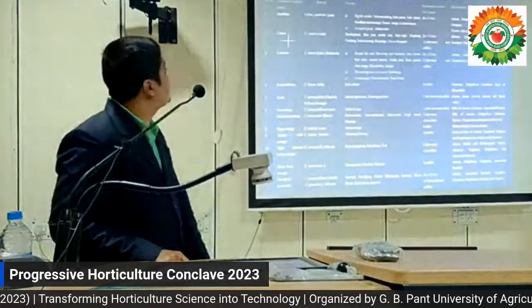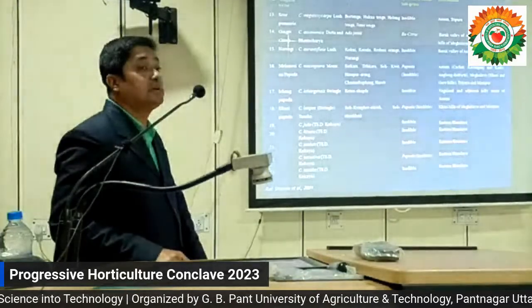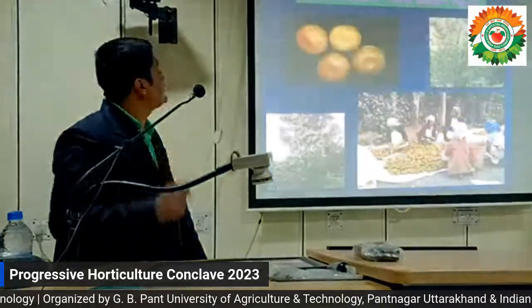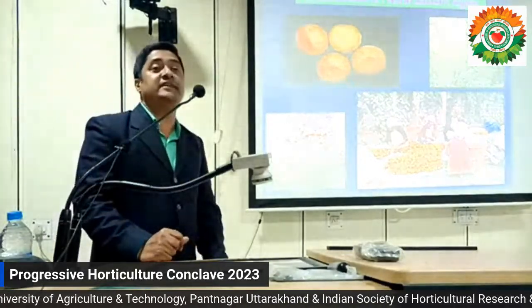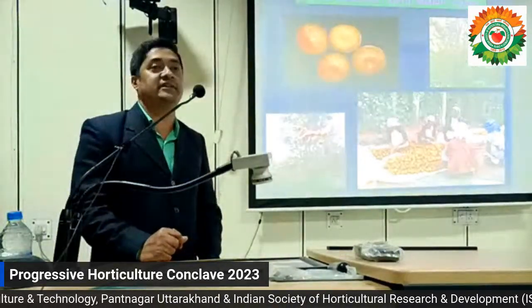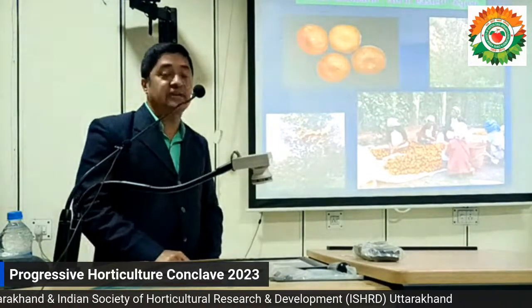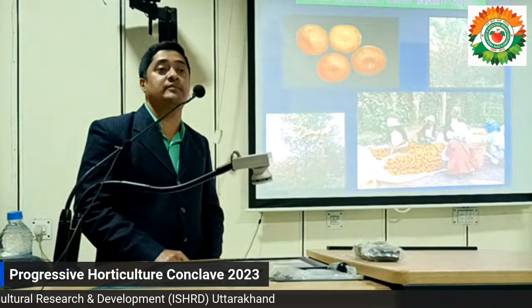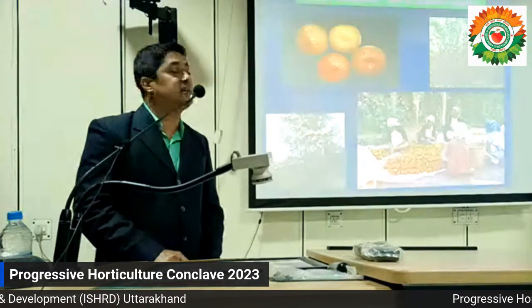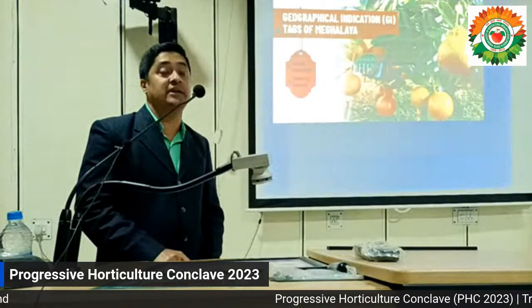And 23 hybrids have been reported from this particular region in citrus. Among them, the most important one is Khasi mandarin, as I have mentioned. And recently, last year, Meghalaya got the GI tag for this Khasi mandarin, which is one of the very good types among the 4 different types of mandarin varieties grown in India. This is one of the highly demanded mandarins in our country.